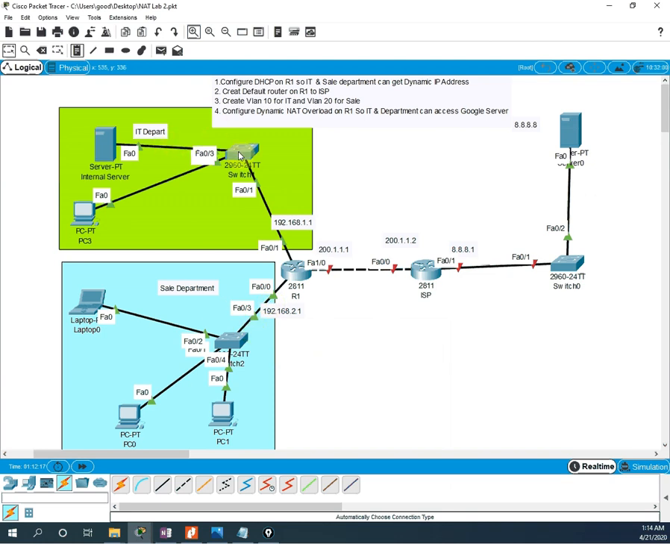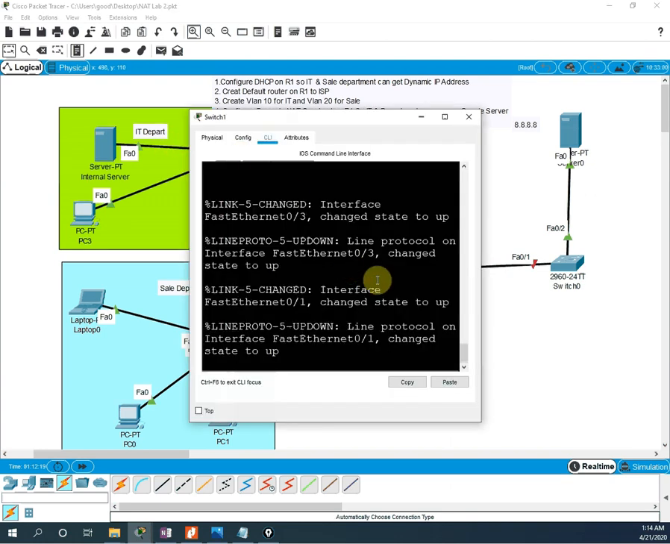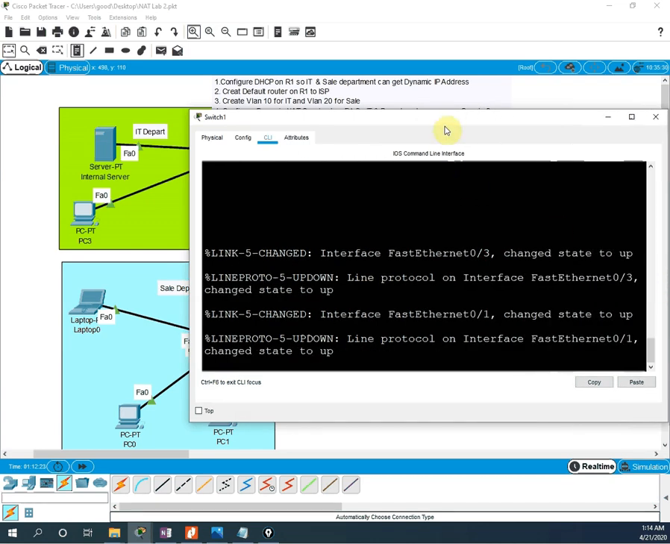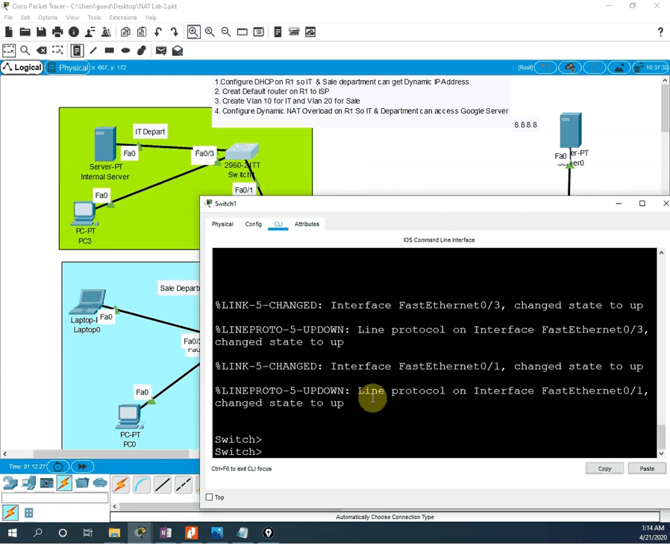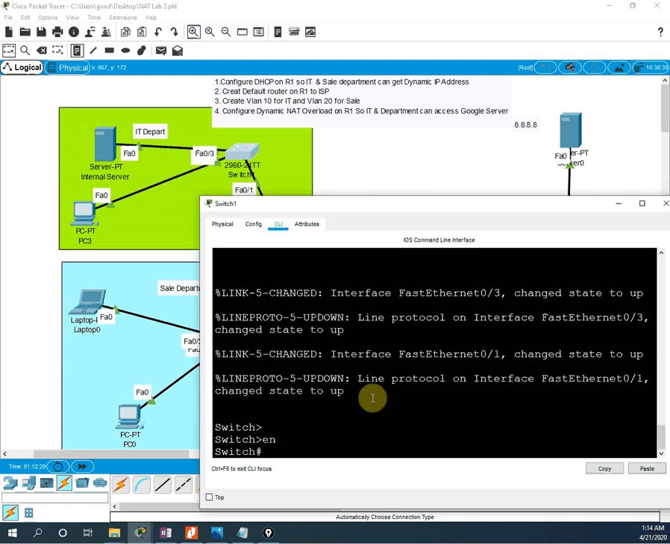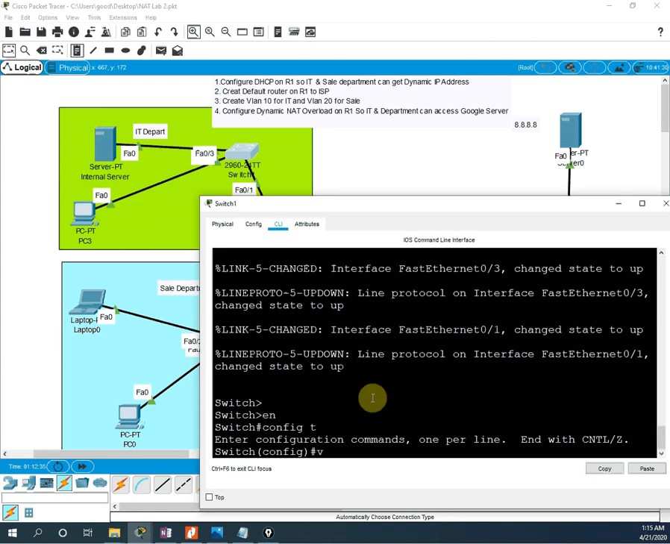We need to do the same thing in the switch also. So I will go to this switch. I am not doing this on my own; whatever instruction is given here, we are following that. I will go into global configuration mode by writing config t. Then we will